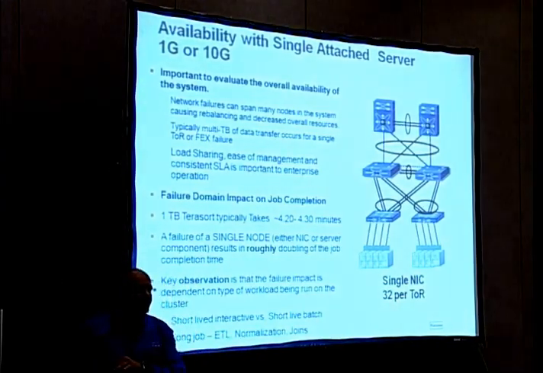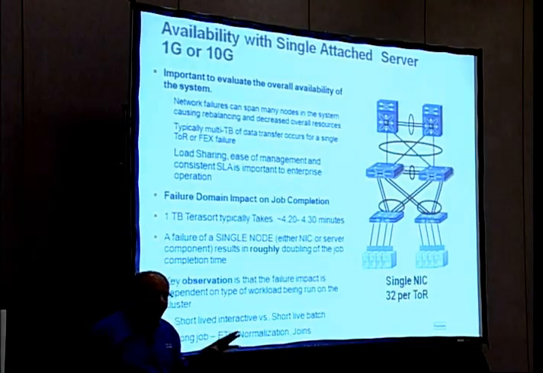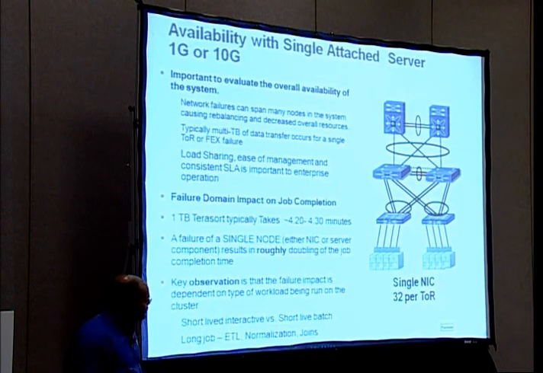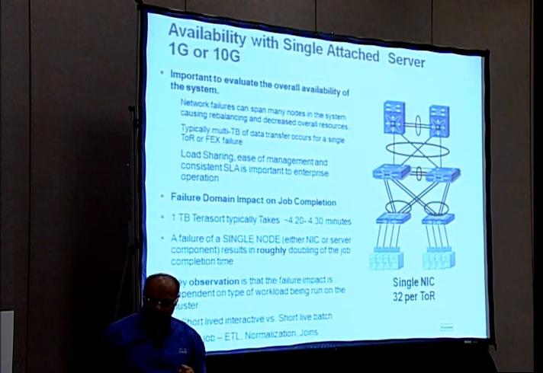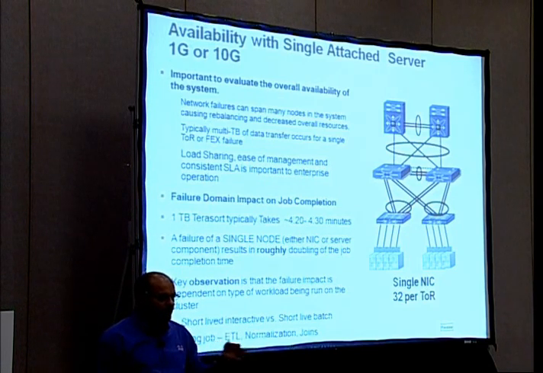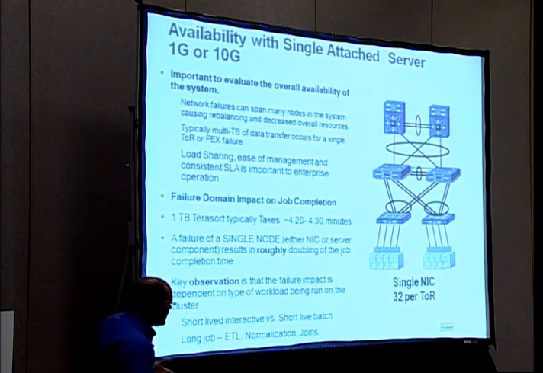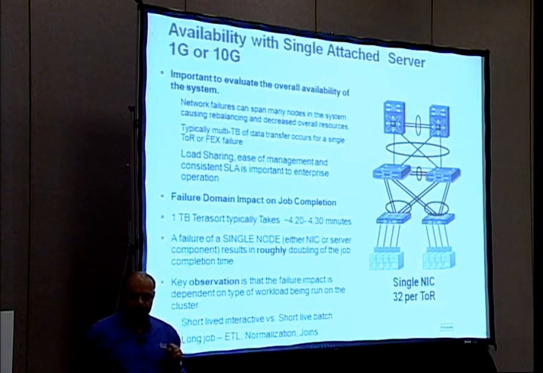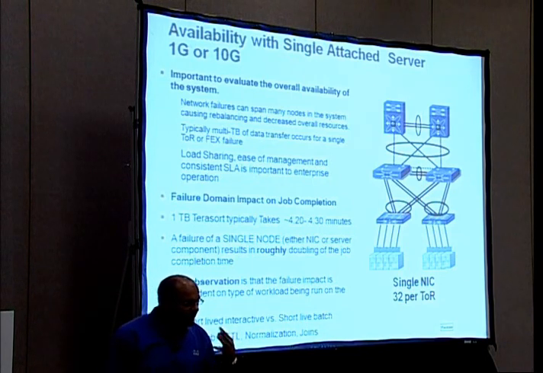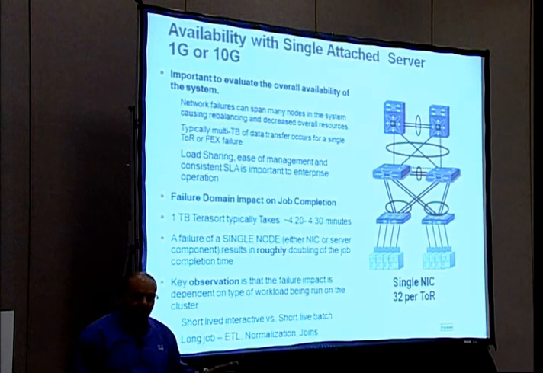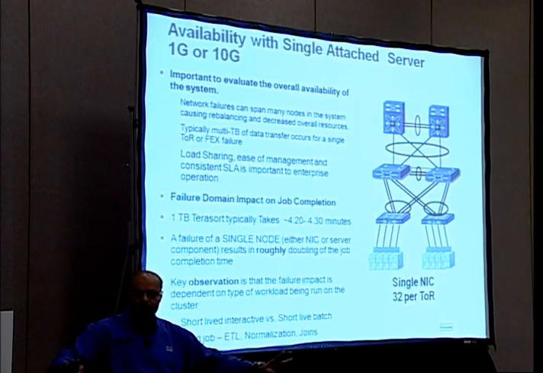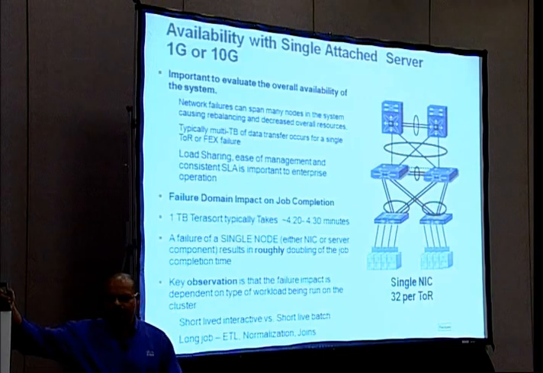Seriously. Now the question of the single node architecture, right? What we validated is that the failure domain is critical. When we run a standardized job, a one terabyte Yahoo Terasort, in our approximation it takes 4.2 to 4.3 minutes. Then I take a single Ethernet cable out from a single node, and I get roughly double the execution time. Now, that is not a set-in-stone number, but that's our observation, right?